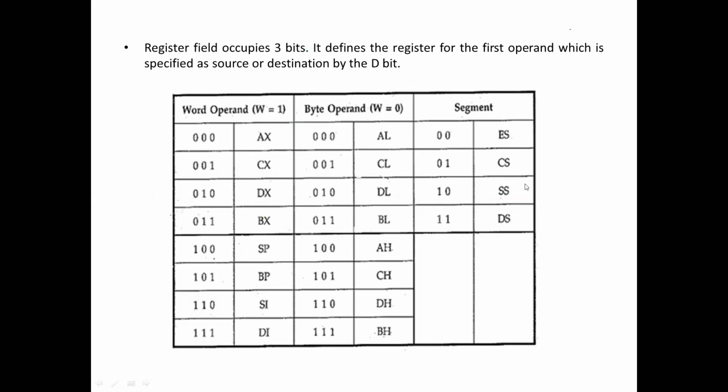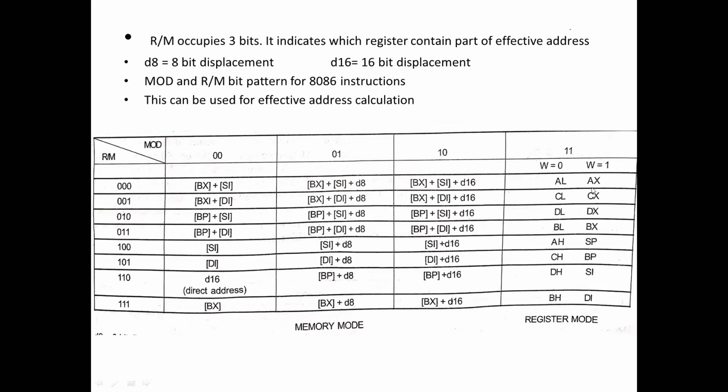Now these are the values for different registers. Mostly we deal with these first two columns. Now this is a different combination. We don't need to remember this combination. It is basically formed by combining the mode field and the R/M field, which we have studied separately. The first one is the mode field. This column is representing the mode field. In mode we have 4 combinations because it was a combination of 2 bits only. R/M means register or memory, as we have just discussed.